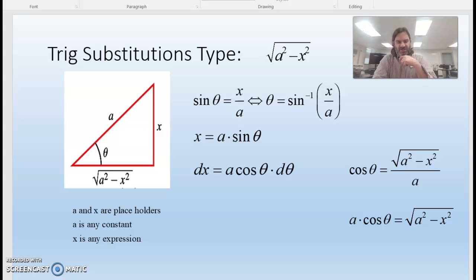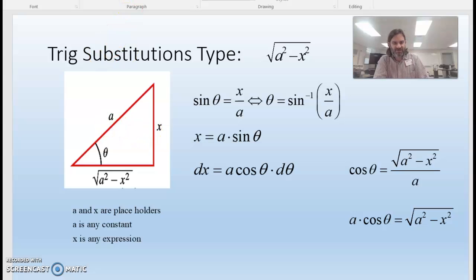Hey, I wanted to discuss the three main triangles used in doing trigonometric substitutions. We've already gone through one with the intro and an example, and that was the square root of a squared minus x squared. So this is where under our square root we have a number minus a variable squared. If we do that, we usually make that the adjacent side. Okay, so with that being the adjacent side, the opposite side of our angle is x and our hypotenuse is